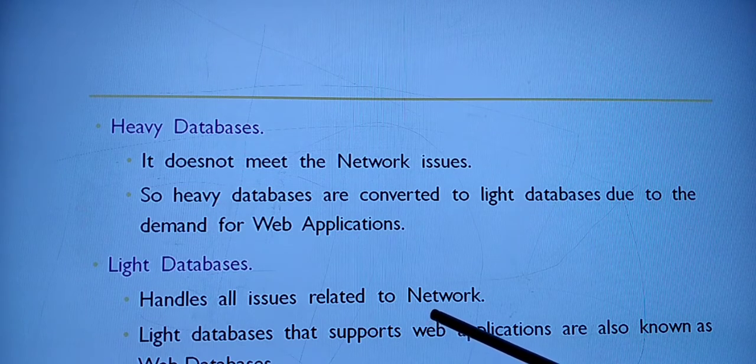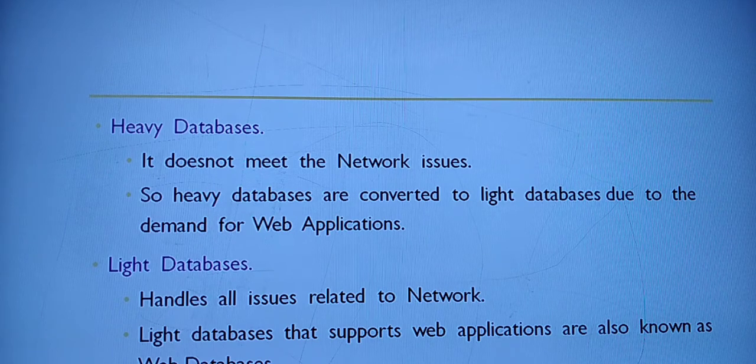It can solve all the problems related to the network. Already I told you web database supports web applications, so only it is called web database. Nowadays all the heavy databases are converted into light databases.